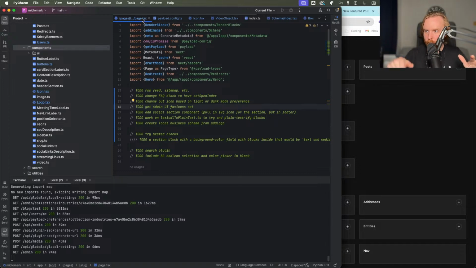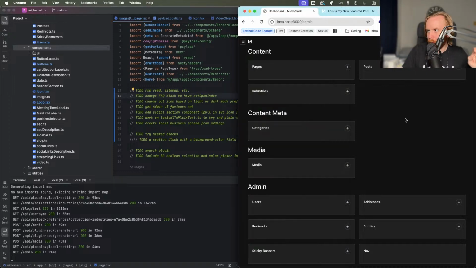On the next one, we're going to be working through our RSS feed, sitemap, and robots.txt. I do, again, have streamlined tutorials coming out for that soon, over the next couple of weeks. Got to make sure that stuff is on time. And then I want to use, I've got an FAQ block